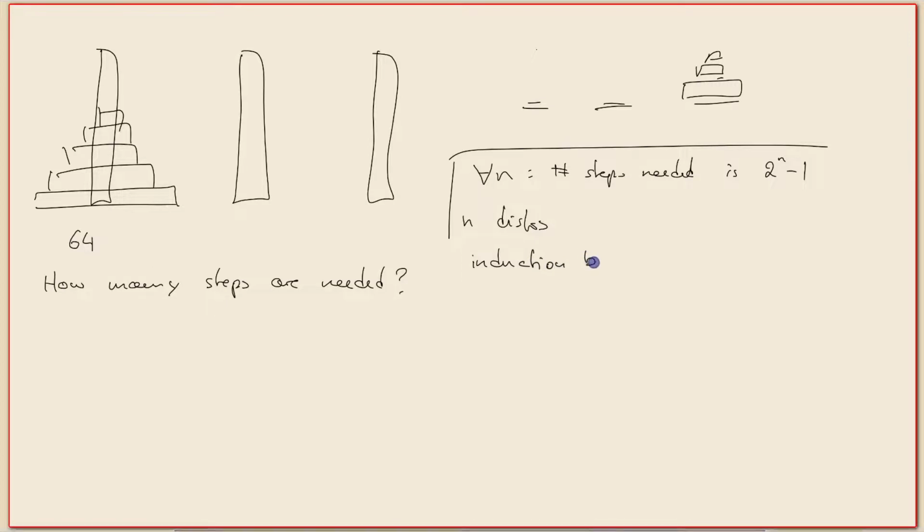induction base. The base case is, let's be really lazy. Let's say no disks. I have not to do anything, so the answer should be 0. 0 steps are needed. And 2 to the n minus 1, that is 0 if I put in a 0 here. Brilliant. So that's the base case done, right? And now we do the inductive step,